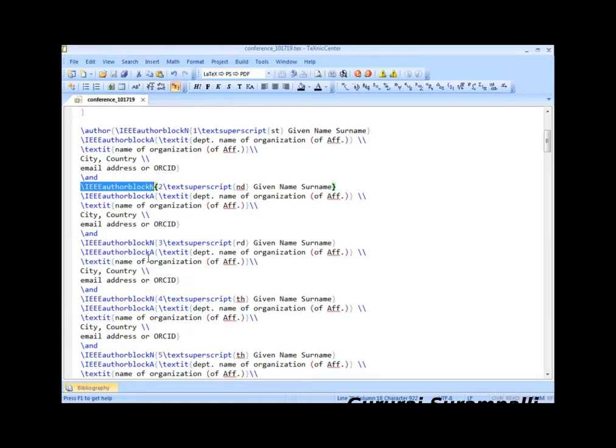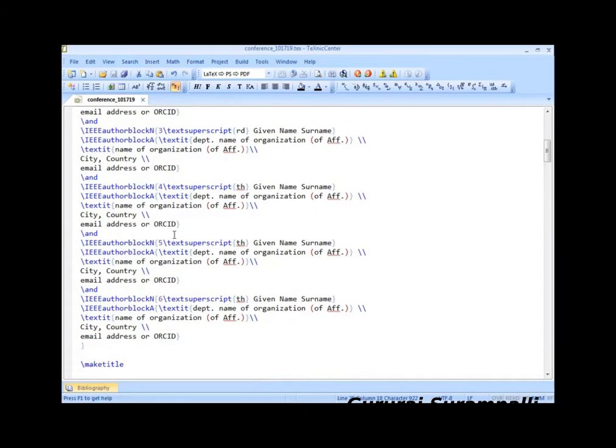So here, no need to remember what kind of font or what is the orientation of the text, whether it is bold or normal text. No need to remember all those things. You just write it like author block N, so it will take that format. That's how simple it is.